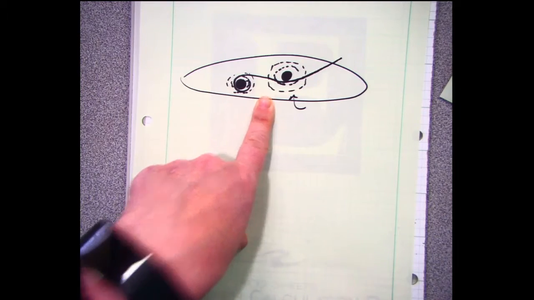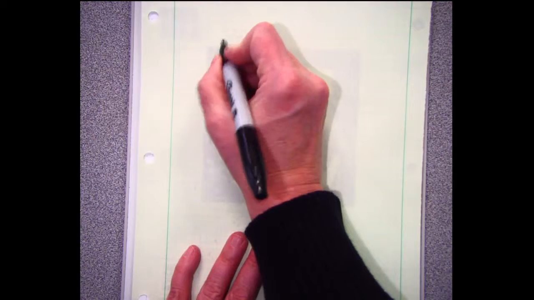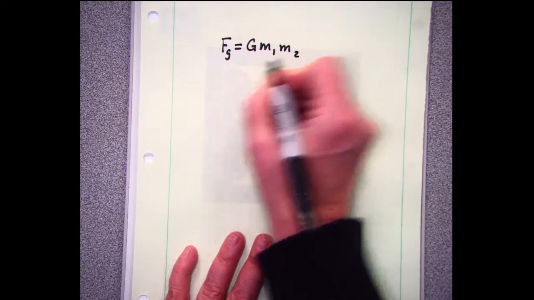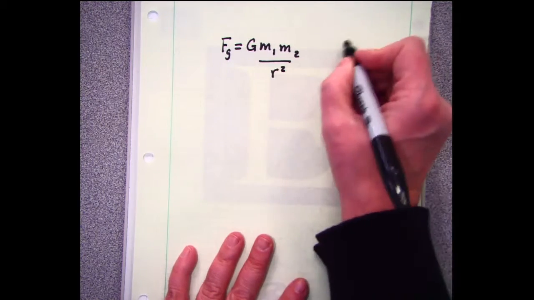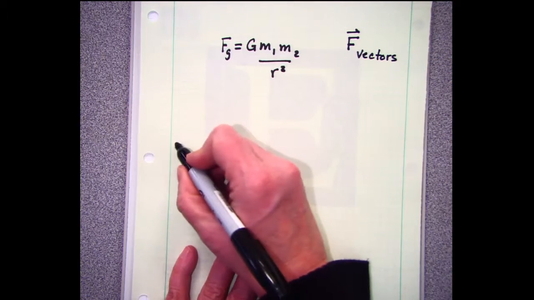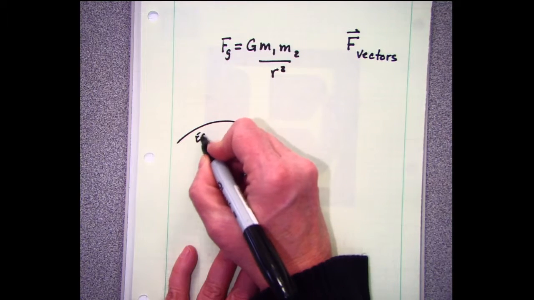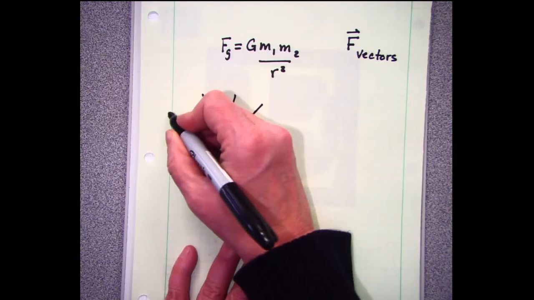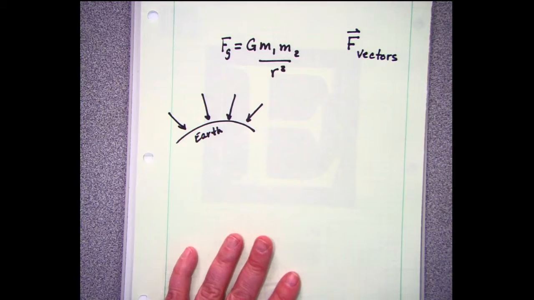So a couple of other things: even though we write this force due to gravity like this, we know that forces are vectors. And so if I'm dealing with my Earth problem, and now I have my force due to gravity, it's going towards the center of the Earth, no matter where I am on the Earth. I can draw what we call a force field. Okay, so we actually can get a force field and draw that in. But if I have just two objects, and my objects happen to be the Earth and the Moon,